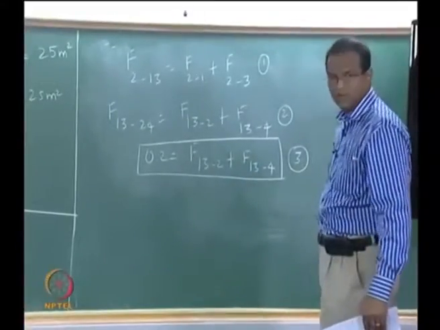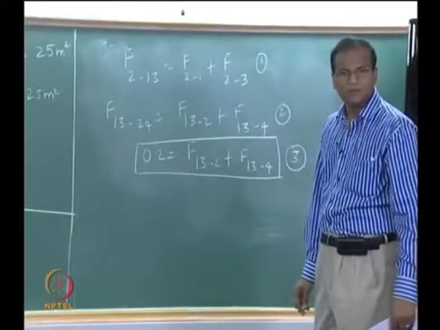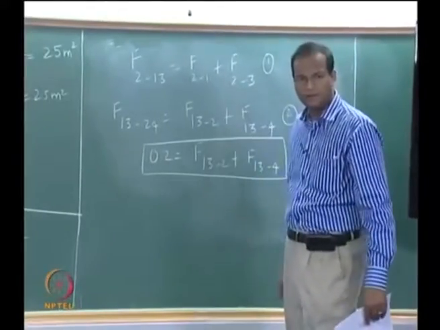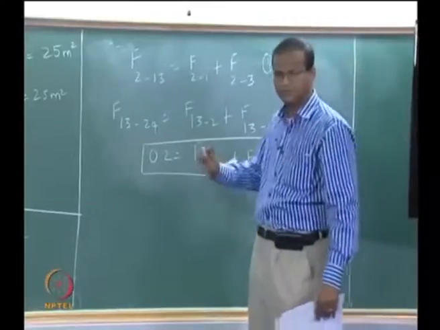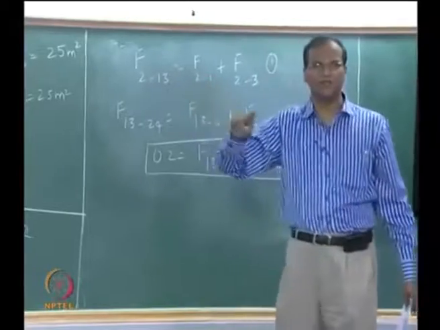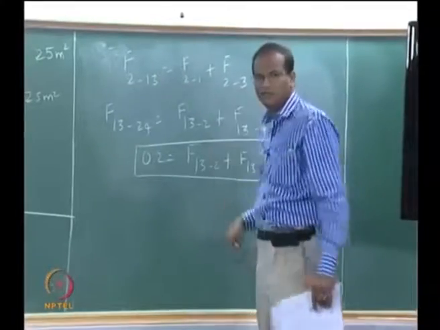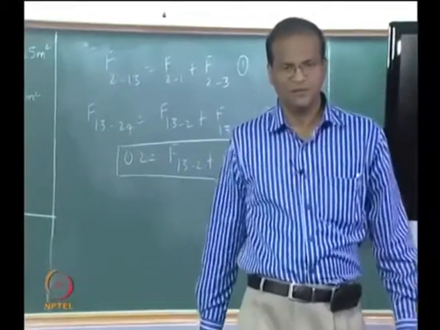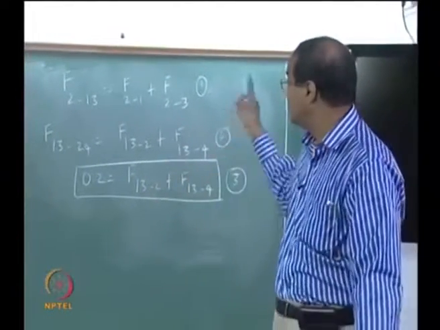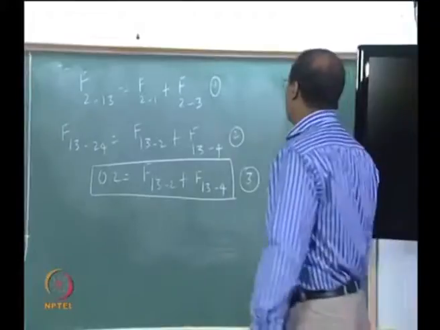F212 plus. That's not common, no? Yes, sir. Now you have to reduce the reverse solution. Sir, 2 to 1, the decomposition. No, this is correct. From common area you have to give. I already proved in the last class: if you take F13 to 2, you can't write it as F1 to 2 plus F3 to 2. If it is going from 2, it is okay for us to write F2 to 1, F2 to 3. We have already done it in the last class, but the converse is not true. You can't split F13 to 2 like this. Then it will be A13 F13 to 2 is equal to A1, okay. From 1,